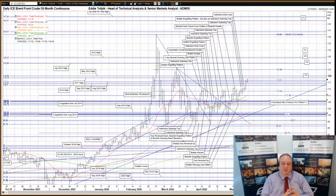Okay, a really interesting piece of action yesterday. It was a bullish white soldier, but more importantly, it was the market making a foray higher into the important overhead heavy-duty resistance between 115.70 to 120 even. This has highs from 2012, 2013, 2014 and 2017, plus the recent 50% Fibonacci line at 118.01. Prices rose as far as this 50% Fibonacci line, but pulled back to settle just over the August 2013 high